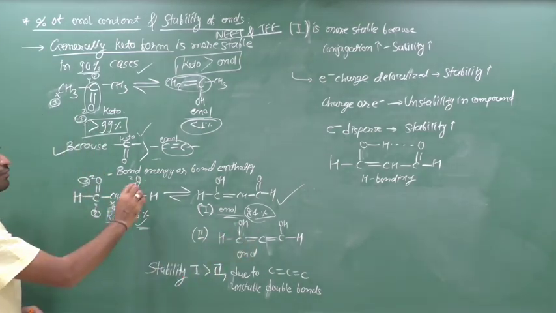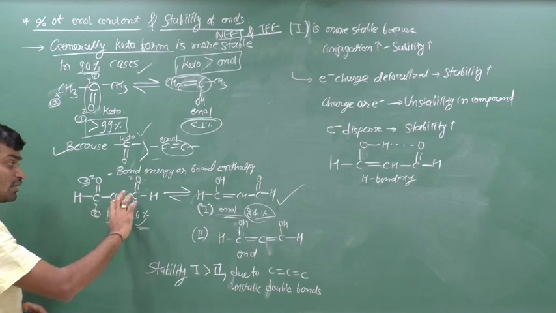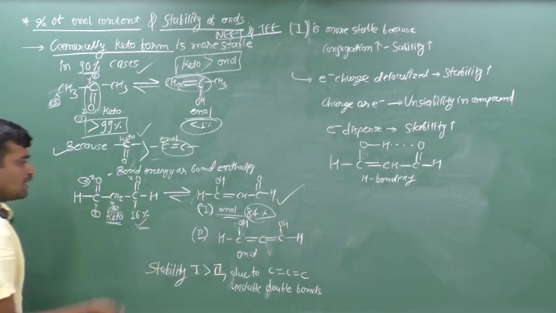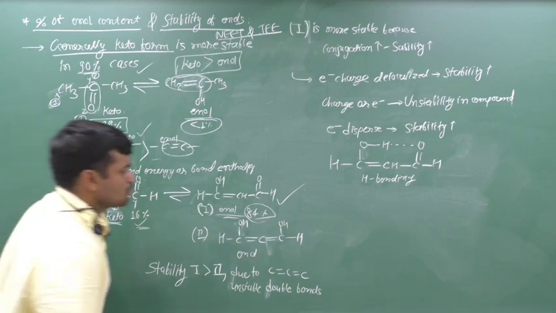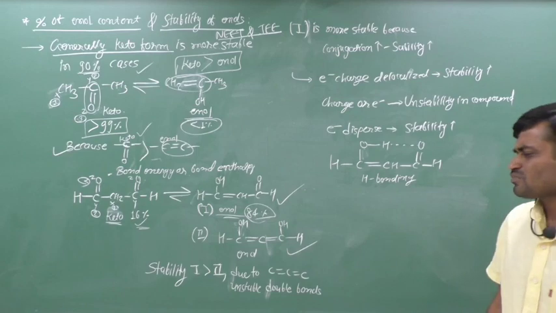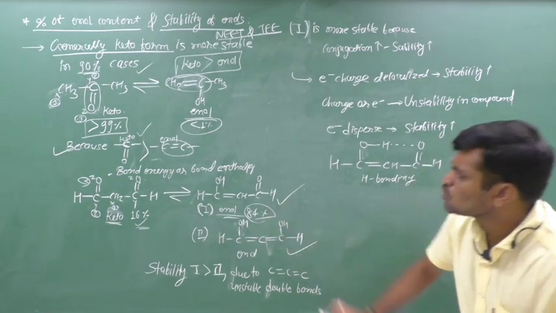The next one is that we can remove one hydrogen here and one hydrogen here. Therefore OH forms and this double bond is shifted to there. Therefore the second possibility of the enol form is like that. But from these two enol forms,